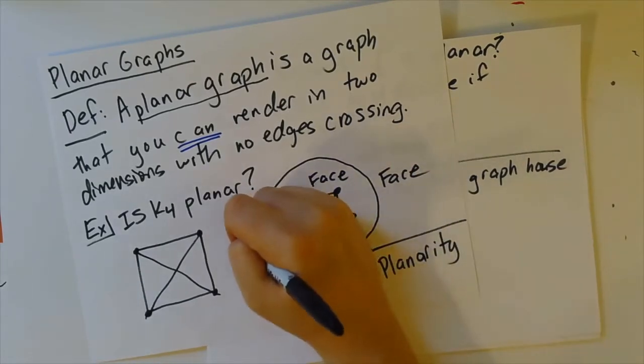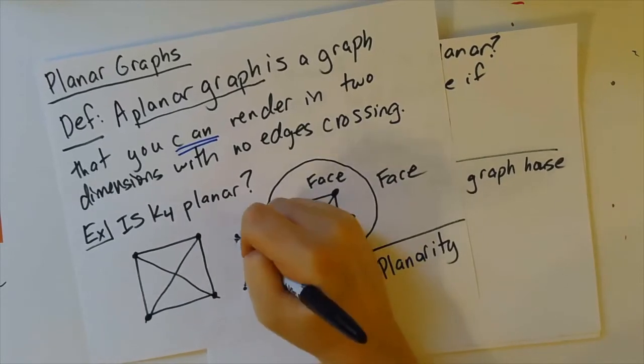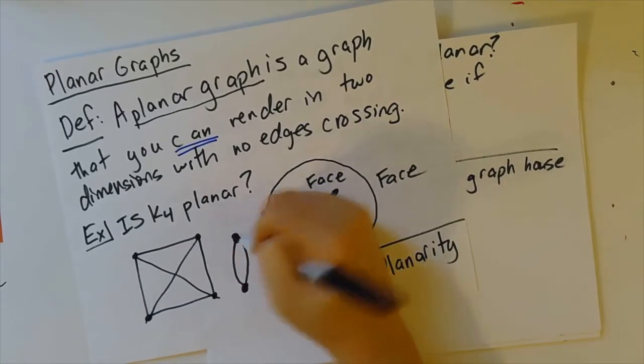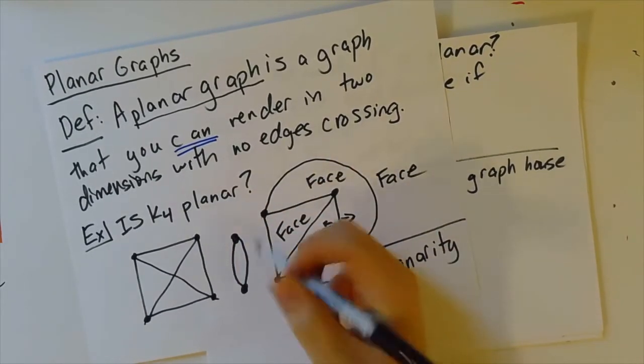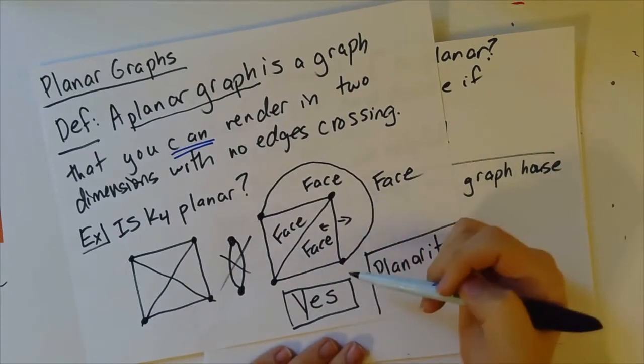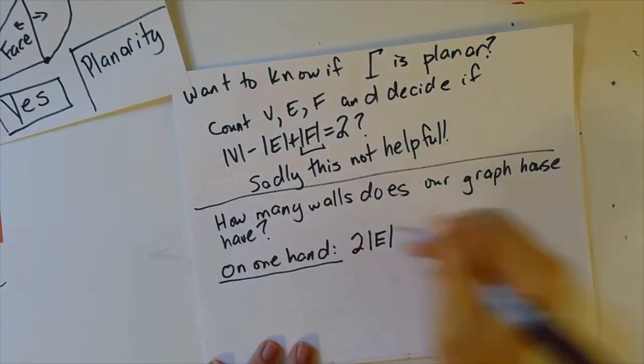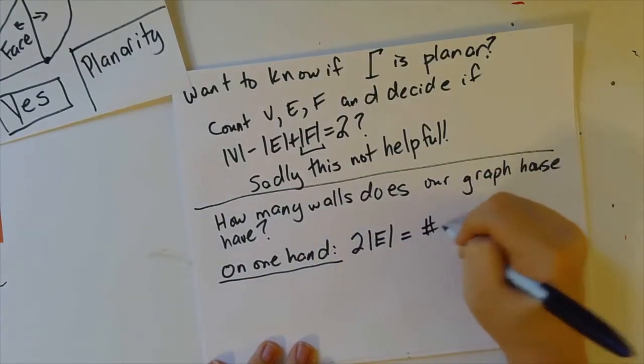If I had 2 walls and I wanted it to be bounded, I'd have to do this, but that's having 2 edges between the same 2 vertices, and we're expressly not allowed to do that. So every room has at least 3 walls, and so that means the number of walls,